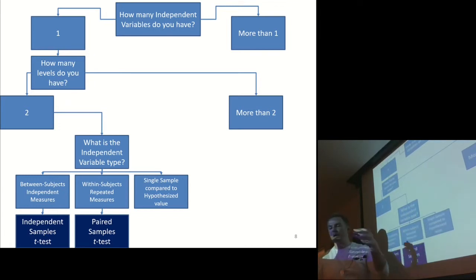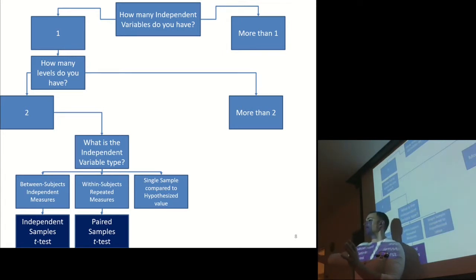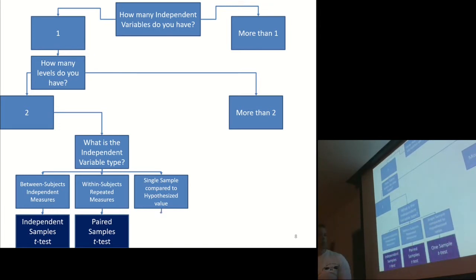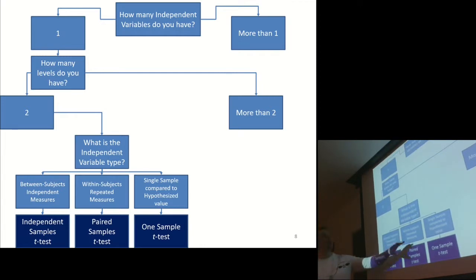And then finally, and this is probably going to be a little bit more rare, if you have a single sample that you're comparing to a hypothesized value. So maybe you have found some data that says this is how anxious an average student is for college exams, and this is what I measured my sample to be, their level of anxiousness. If that's the case, and I don't think anybody in here falls in there, but just for completeness, if that was the case, then you would do a one sample t-test. That would be your final decision. All right, so that is if you are doing one independent variable and it has only two levels.